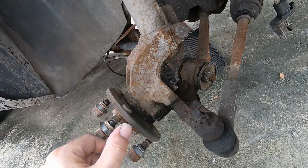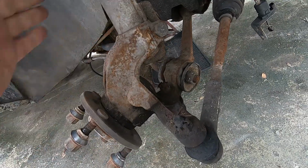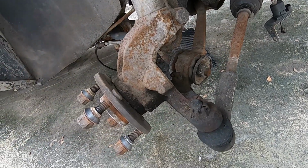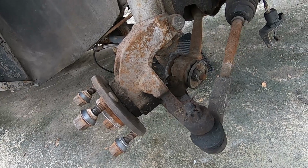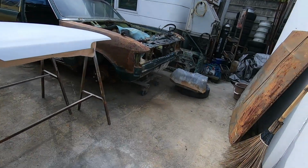I can pull the wheel bearing off while it's all on the car, pull that cap off, crack the nut on the wheel bearing while it's all held rigid, and pull that off. So that's under consideration. We'll put that under consideration